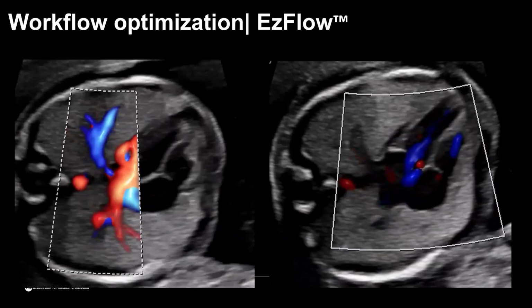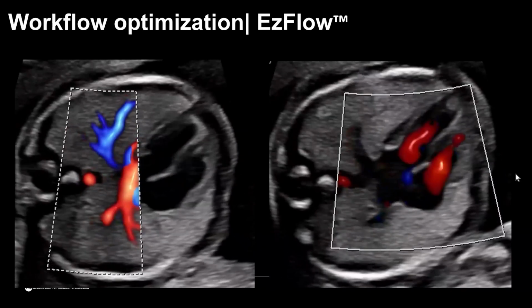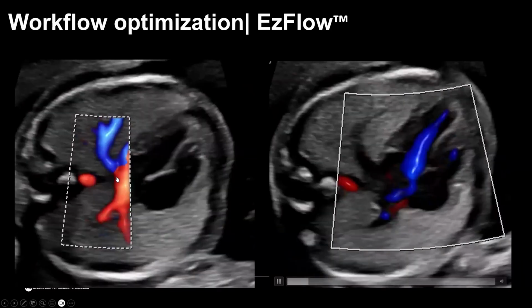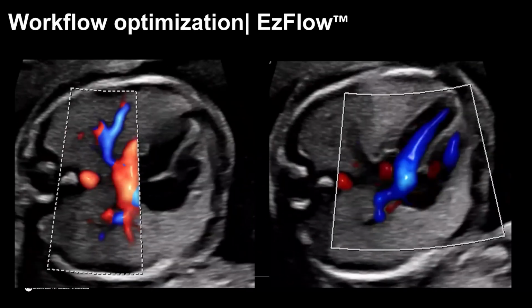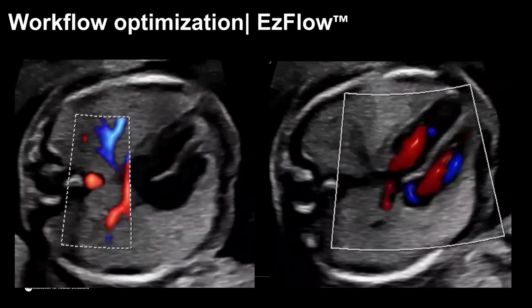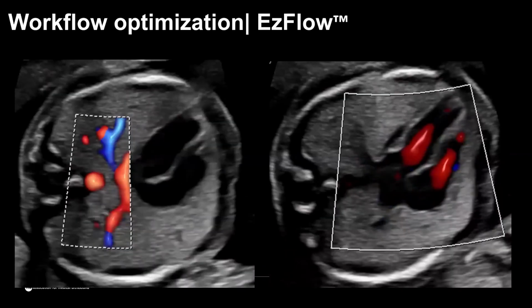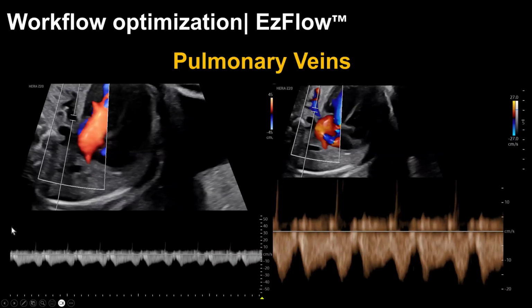And here you can see how the easy flow helps you to go from just the assessment of the valves to the assessment of the pulmonary veins, either the big change in the presets. And the same can be done when we are looking at the pulmonary veins using the pulsed wave Doppler, and you can see how much that saves time for optimization, because by the moment that you adjust 4 or 5 controls, the baby most likely already changed position.